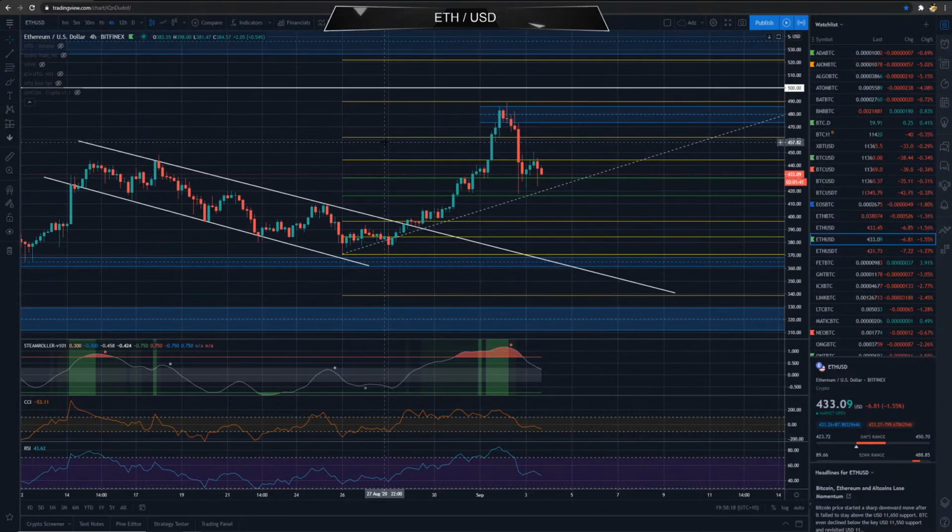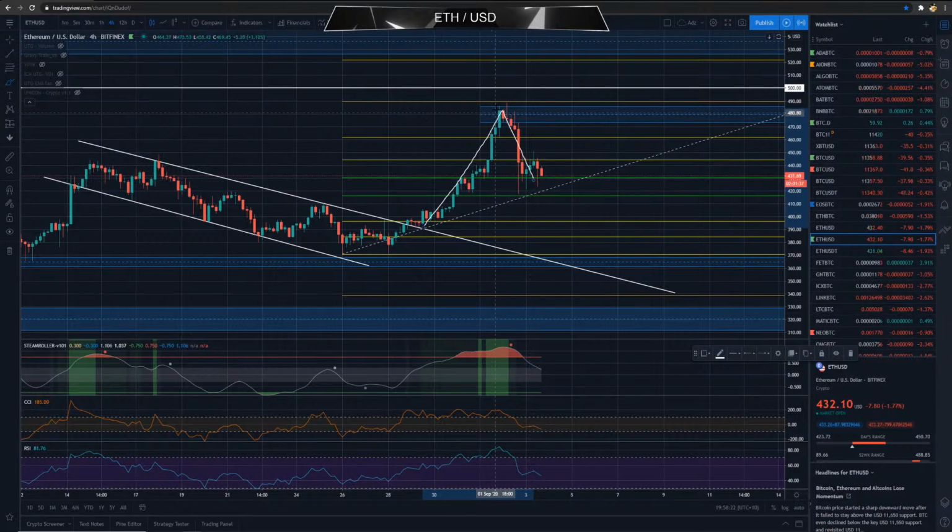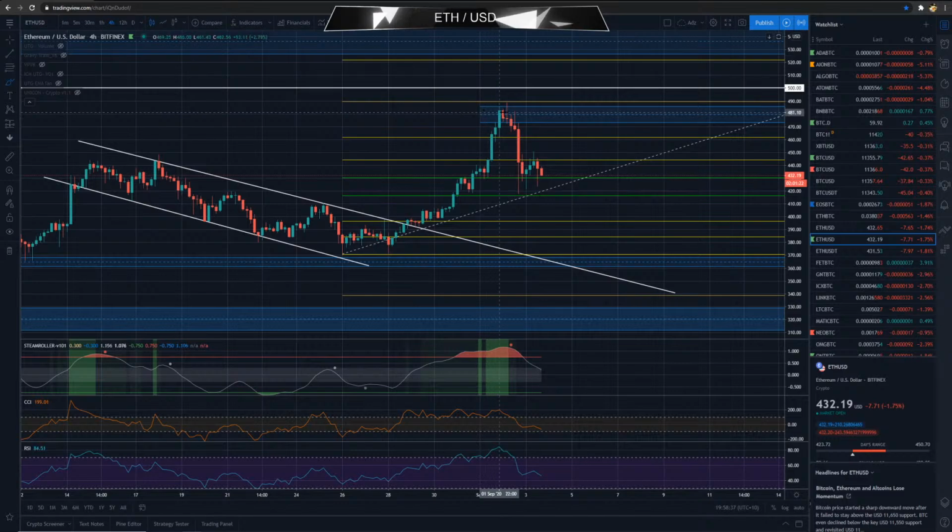I mentioned today that we actually created a very significant pivot point on the 4-hour time frame on Ethereum at $475, $480. So it's going to be quite interesting to see this play out if we do come back and test this level again, because there is a significant amount of liquidity at this point to push us out of that level and back down to 432. So if we come back up to that supply, it's going to be very interesting.